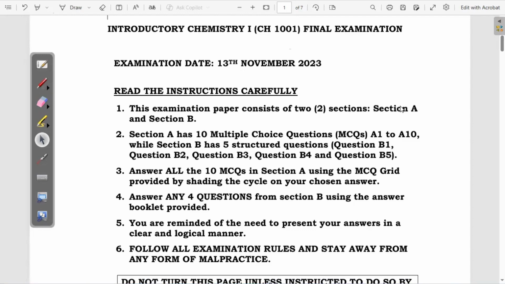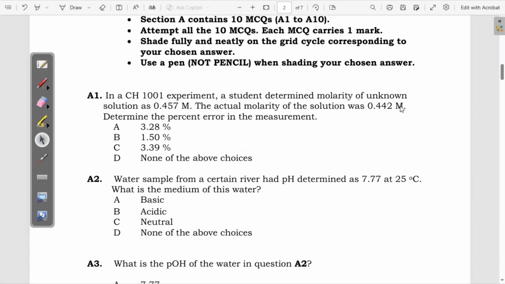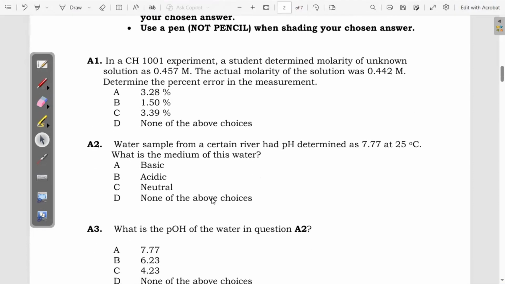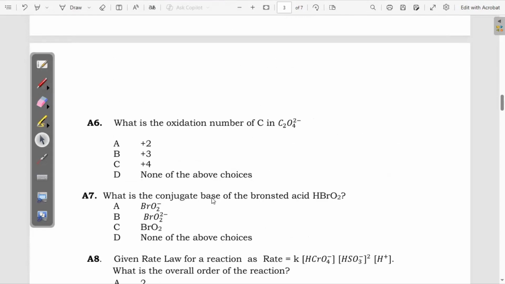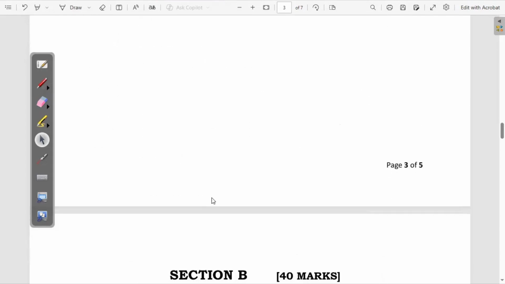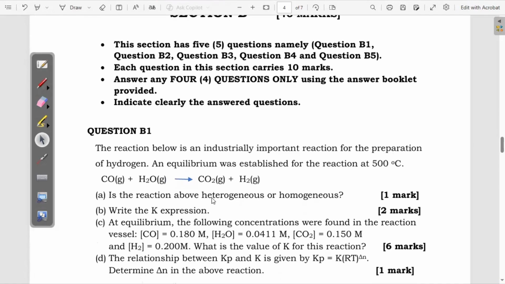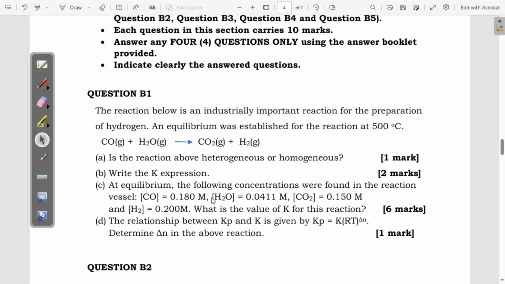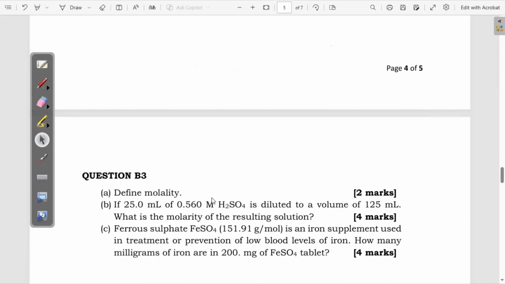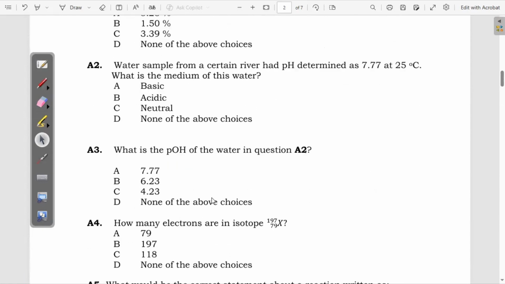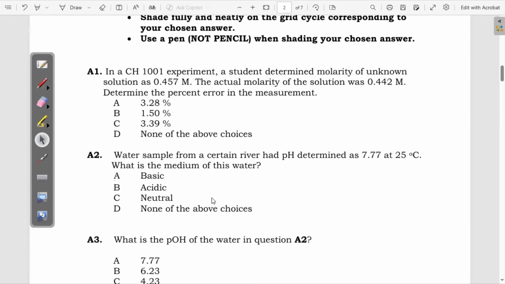Let's just take a look at the paper. You can see here 10 multiple choice questions from section A. It was very easy, and we're going to answer all of them. Then section B has structured questions. These structured questions are very long, but we are going to answer all of them. Now let's start from